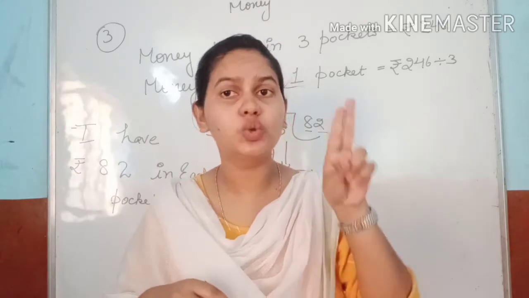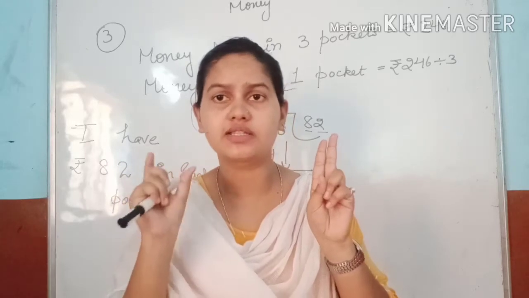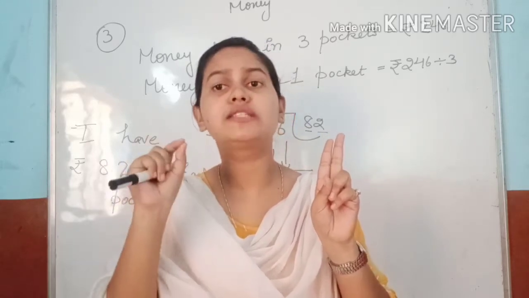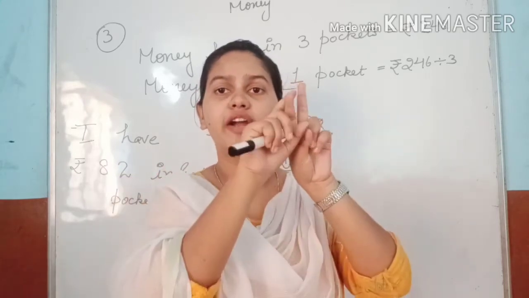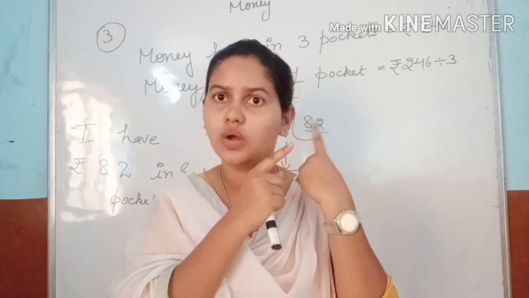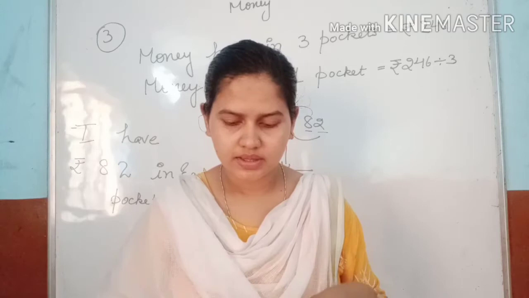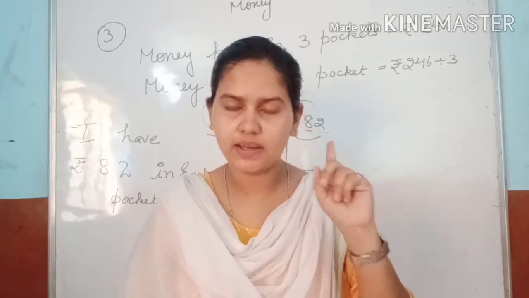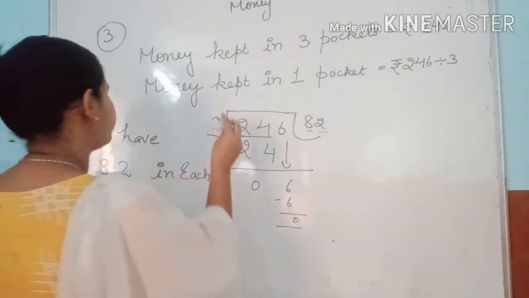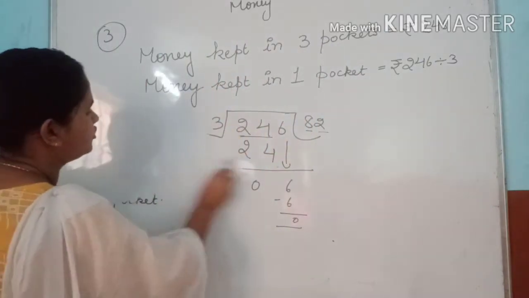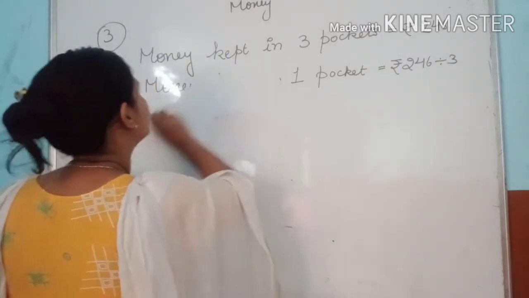Now we know that the 2 tables cost is that much, which means it's 366.66 paise. Now what do we have to find? We have to find that 1 table cost. So 1 table cost we can find out by dividing 366.66 by 2. Let's divide this. As we have to find the table's cost, so we will find it out.